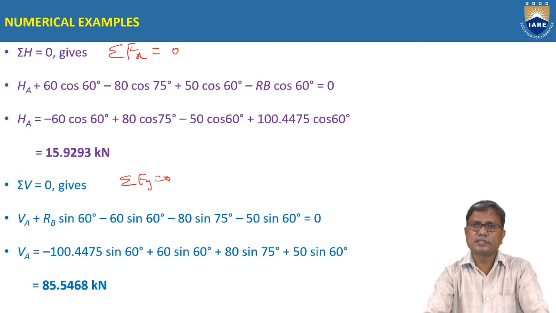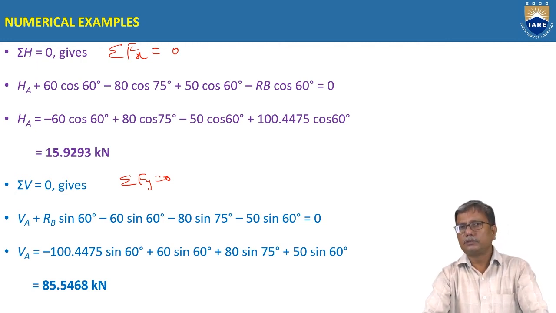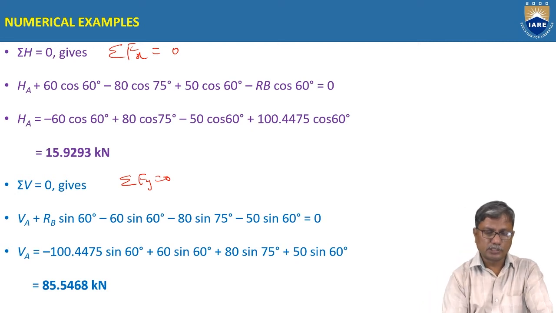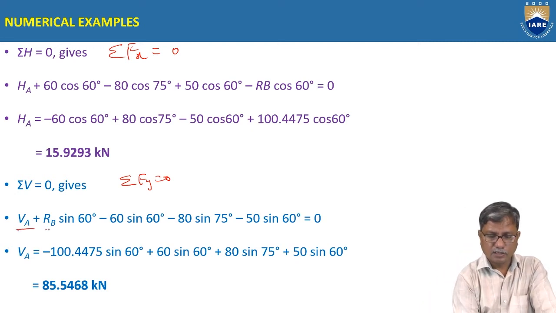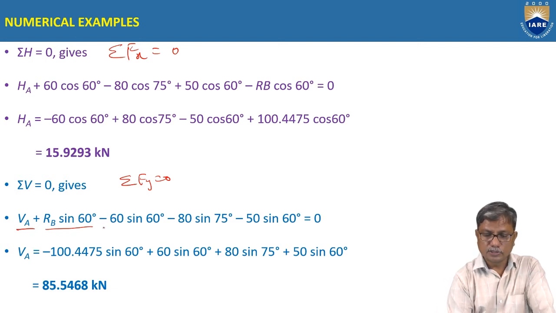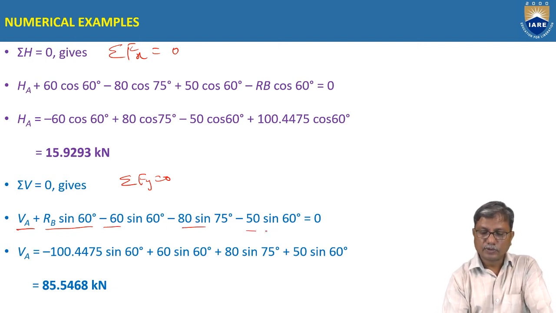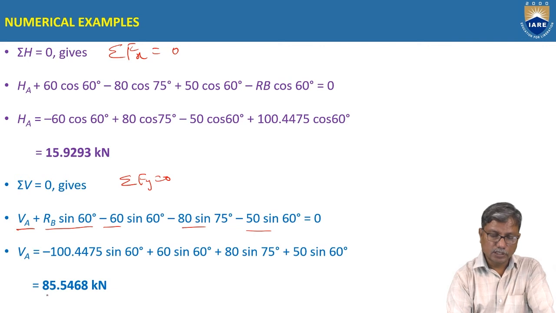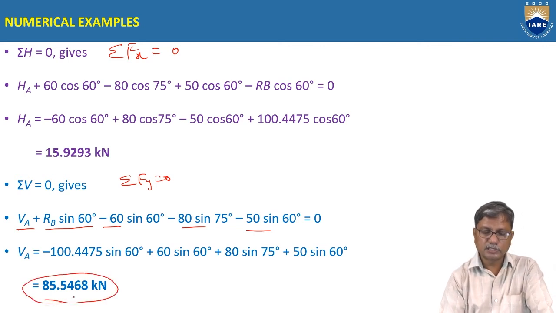It is also written as sigma V equal to 0. So by taking upward forces positive, VA and RB sin 60, these two are positive, and downward forces negative, this gives the reaction VA as